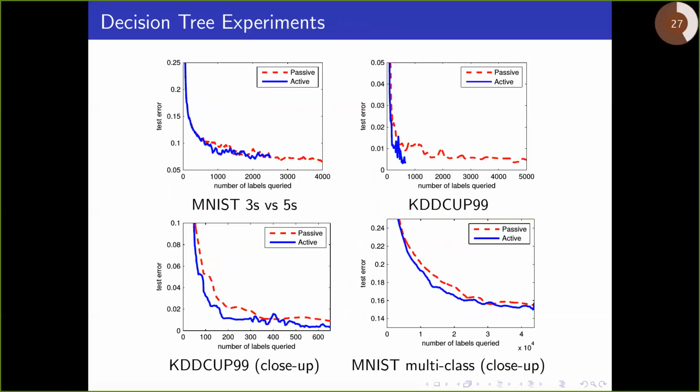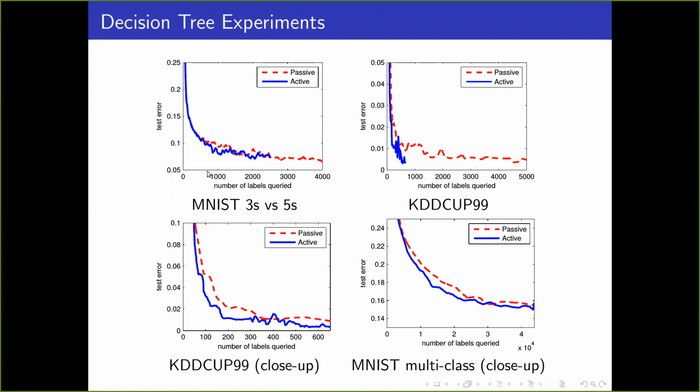Okay, so here are some experiments where we played around with using decision trees to do passive versus active learning. In passive learning, some number of labels are chosen at random from the data set, which is used to train. In active learning, you're running along, using this algorithm for choosing whether or not to label, and you're seeing whatever performance you get on the test set. So we have the test error here.